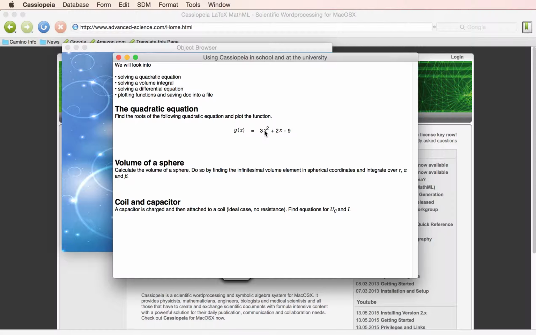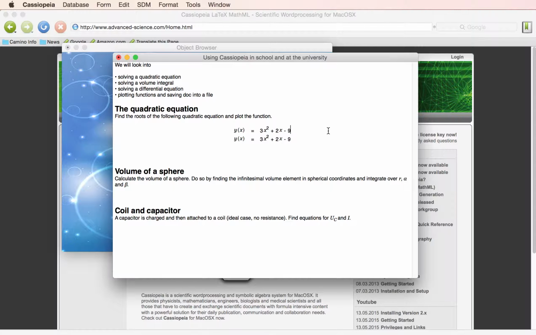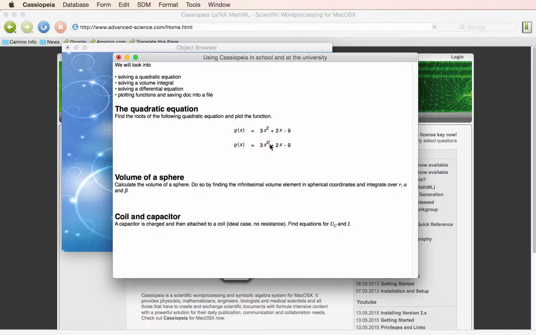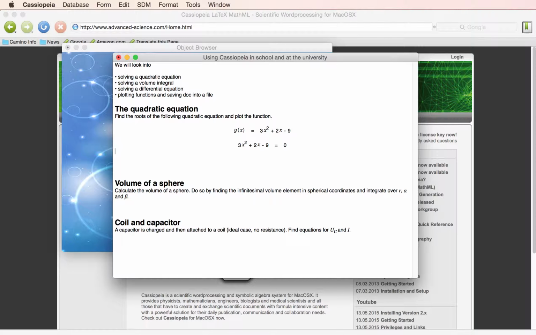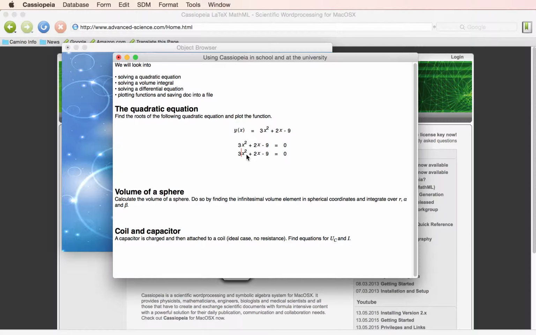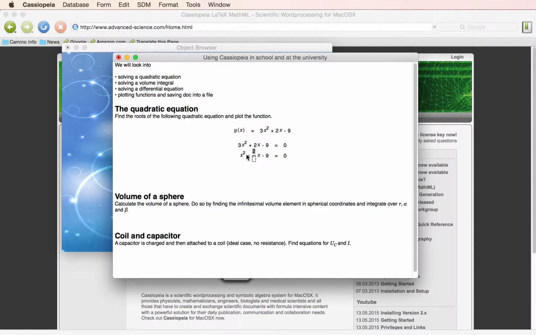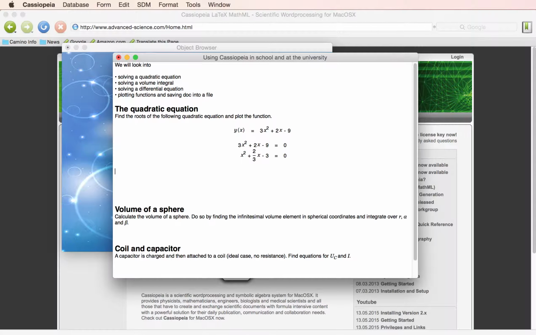Okay, let's make a duplicate of this equation by double-clicking on it, and let's set this to 0. Double-click again to duplicate and divide by 3. We will use the PQ formula to solve this equation. It is